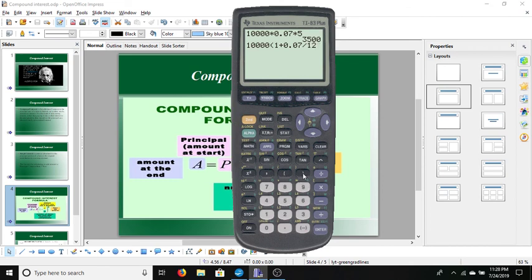And since the money was there for 5 years, we're going to raise this to the power of nt. N is equal to 12, and the years is 5. So 5 times 12 is 60. So we're going to raise this to the power of 60, and it's equal to